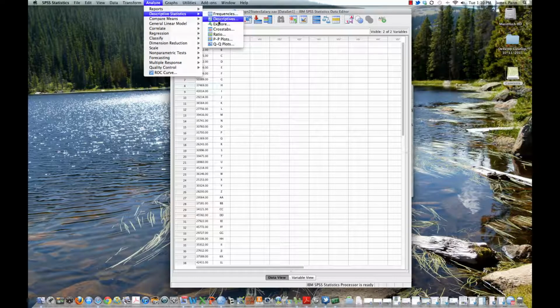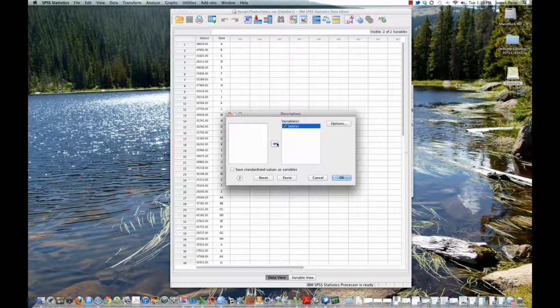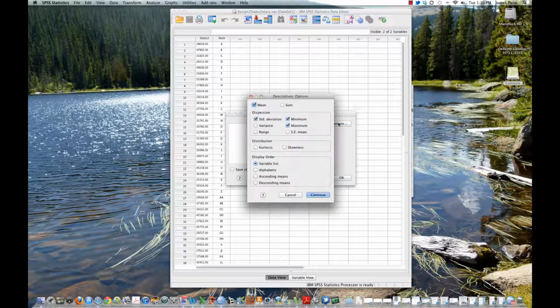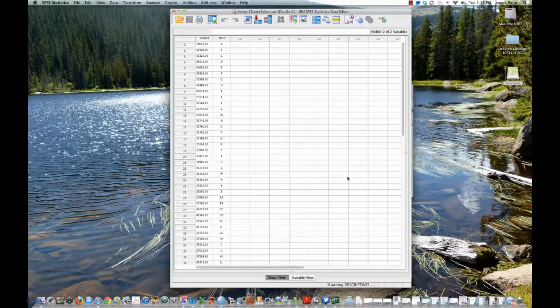So descriptive statistics, descriptives, and then you select the variable as we always do here, and then you can select specifically what you'd like. And so here we have mean, standard deviation, min, max, and you can go ahead and run it. It puts it right into the output file, so pretty straightforward.